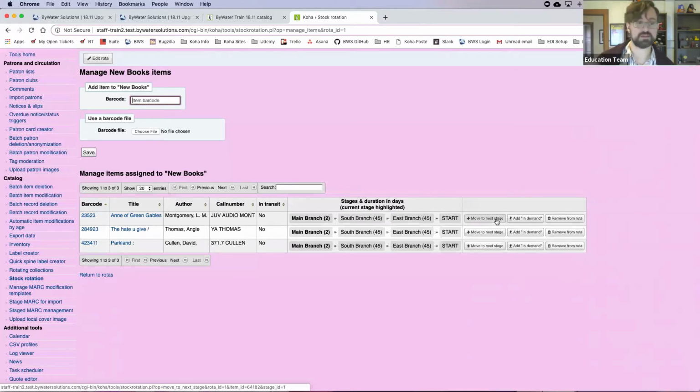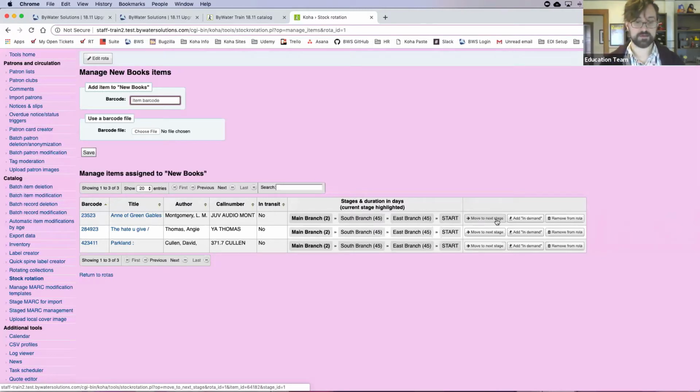As we've played with this some, it's got some room for improvement still, particularly in reporting and in how it tells you what's getting moved and when. So we have written some reports. If you want to use this, we have some reports we can give you to tell you things like what's going to move in the next month or in the next week, or sort of whatever you might want to know about it. It's not as transparent as it probably should be up front. And I know we've filed some bugs and some enhancement requests to sort of fill this out. But if you've got groups of items that you want to move pretty automatically through your branches,